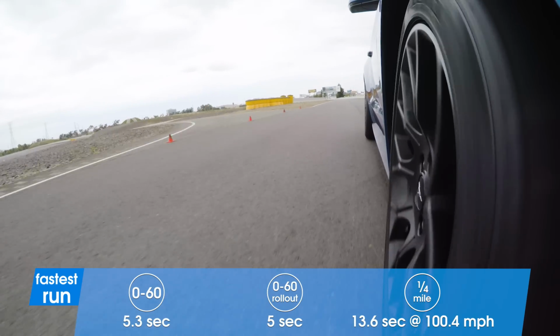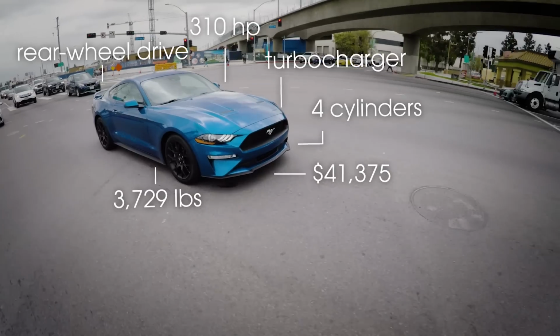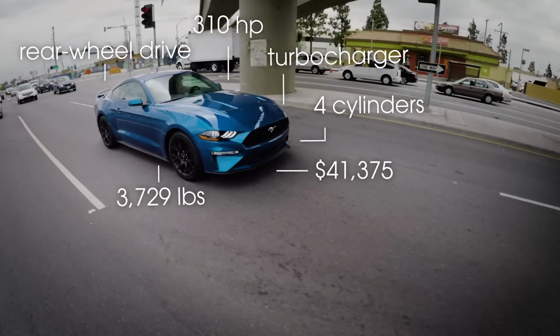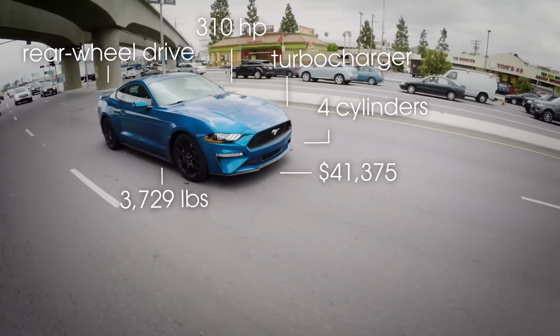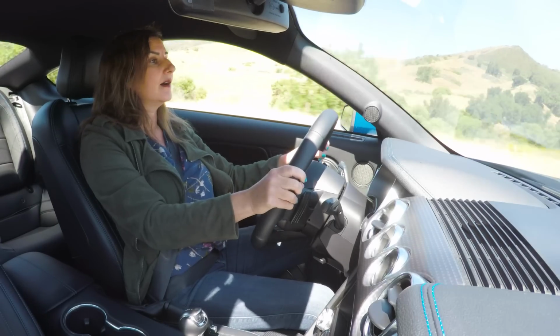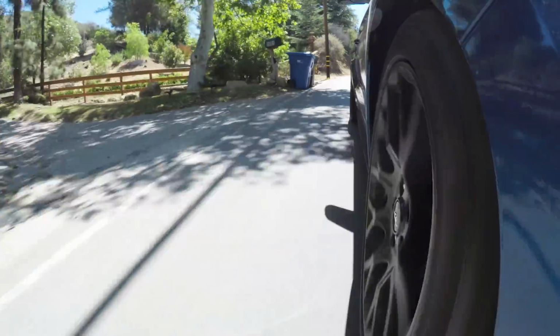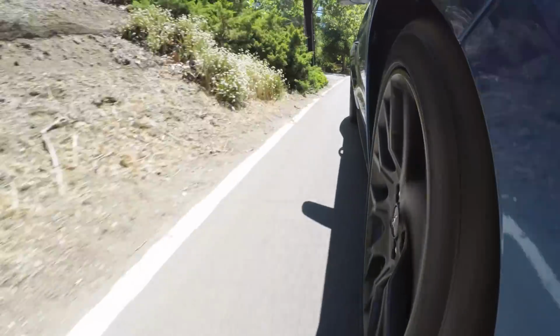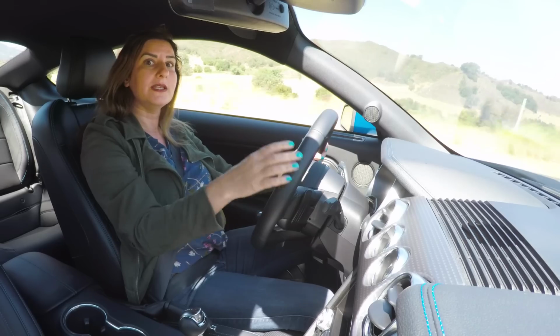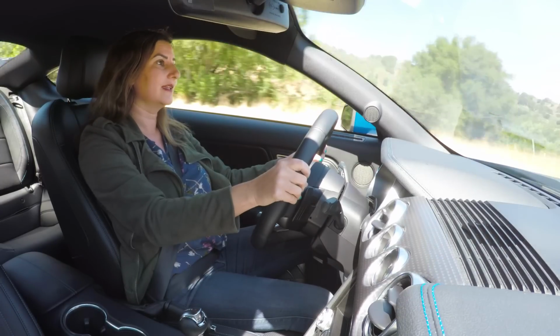So this is truth. This is a four-cylinder turbocharged car, 2.3 liter, 310 horsepower and 350 pound-feet of torque, which is up from 2017, and it is a lot of power. On paper, that's great, right? I mean, this car runs a 13-second quarter mile, which is faster than most of the classic V8 Mustangs that you would have driven. But just being fast on paper doesn't mean that it feels fast,